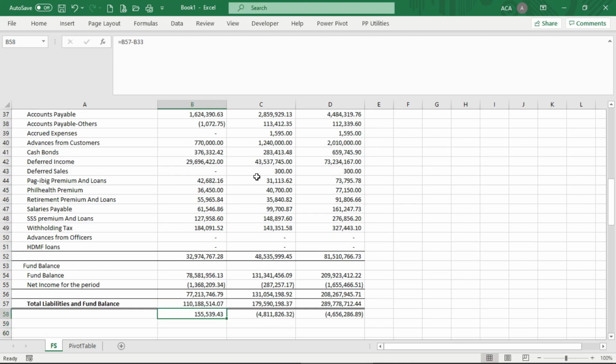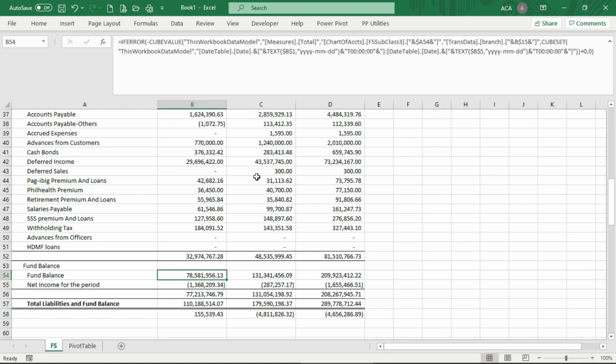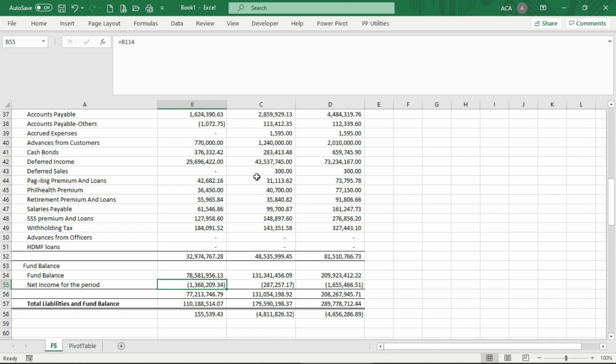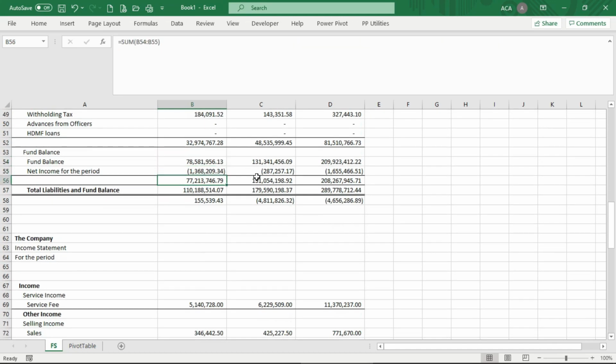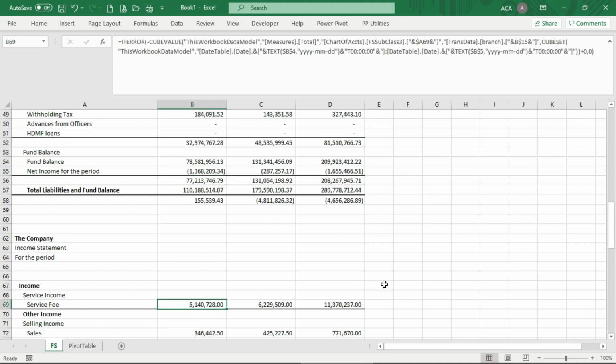Bakit? Kasi yung ating income statement na nandito only reflects the figures or the amounts from December 1 hanggang December 31. So yung result ng operation from start of the transaction hanggang November 30 ay hindi kasali. So yun, magdi-disbalance tayo. So to solve that, yung ating formula para to get the income, i-add natin papunta sa